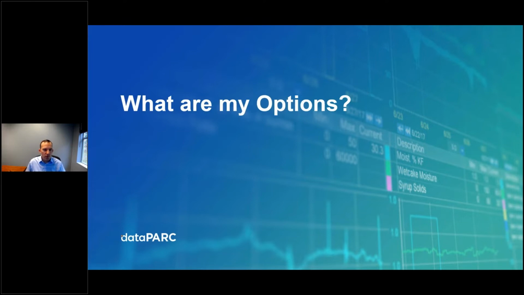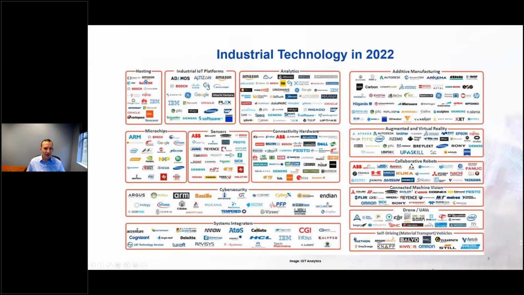So what are our options going forward? If you go out there on the internet and look at Industry 4.0 applications, the IoT space, it's a huge world out there in the realm of industrial software technology these days. This slide has hundreds of vendor logos, many of them in different boxes. So it can be a pretty challenging market out there, and a really confusing space when it comes